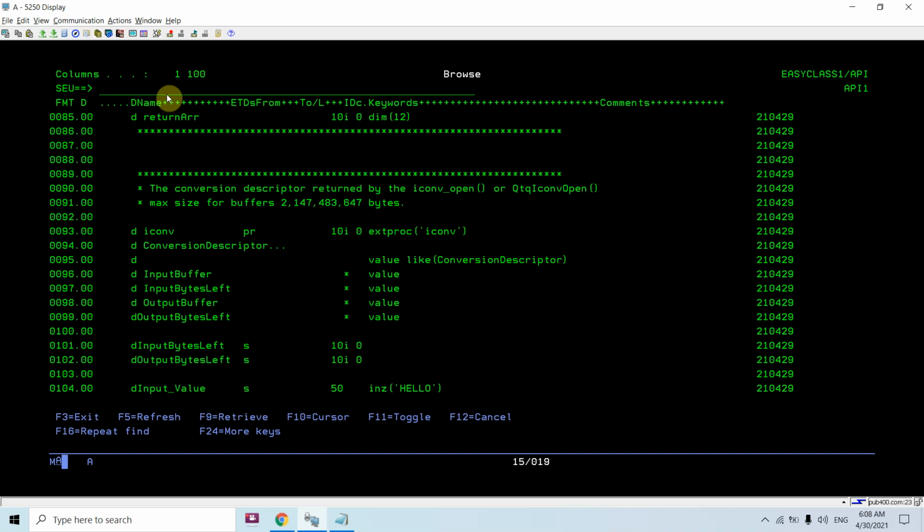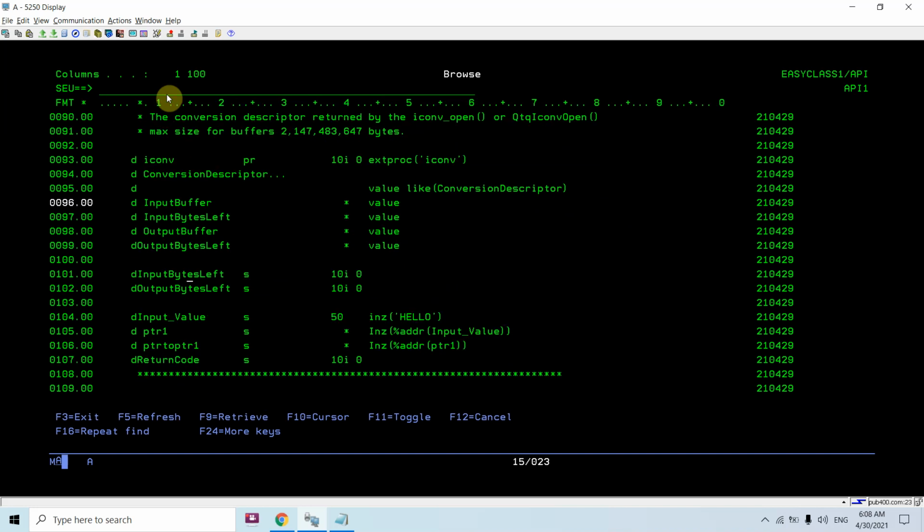So this is the iconv API prototype, and we are basically declaring input bytes left and output bytes left here, 10i0 and 10i0, as you can see, and this is the input buffer and output buffer where we need to pass the data.